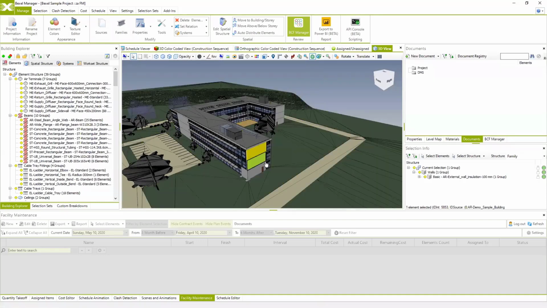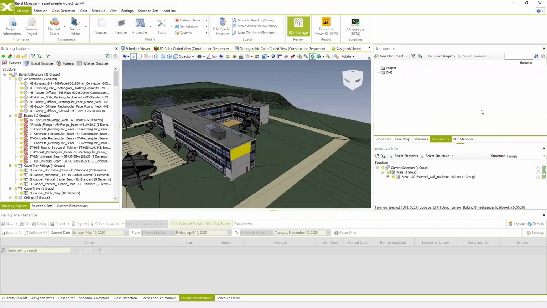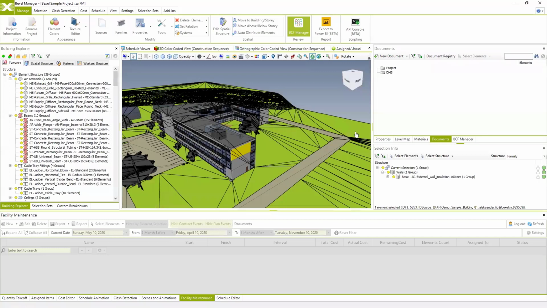So these are the ways you can do it. Using the Documents option, and this is something that all of you can use, even without using the facility maintenance module, which I'm currently having here, and I still haven't accessed that facility maintenance part yet because you need to be logged in. So I'm currently just presenting the common features of BEXEL Manager